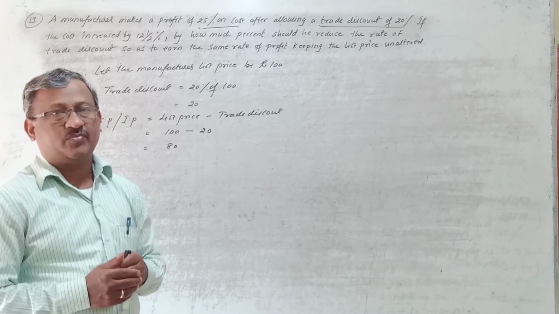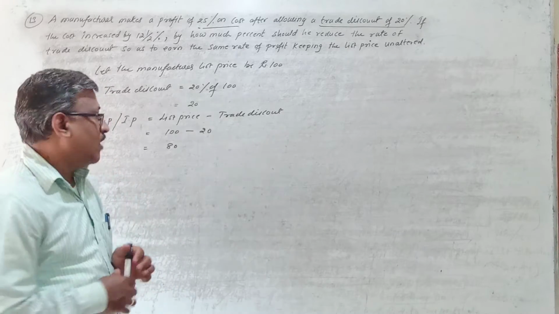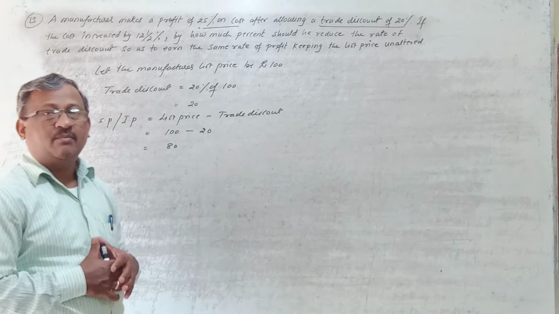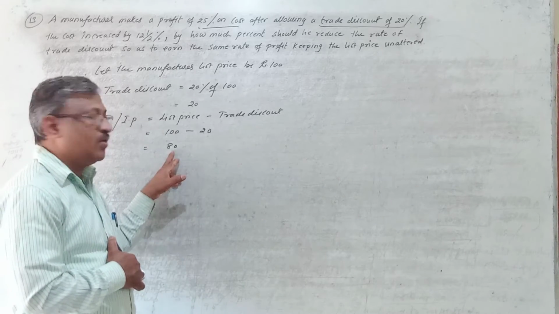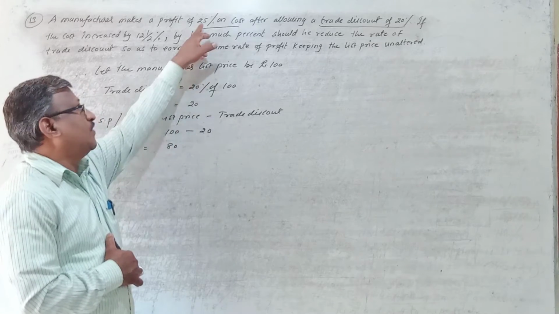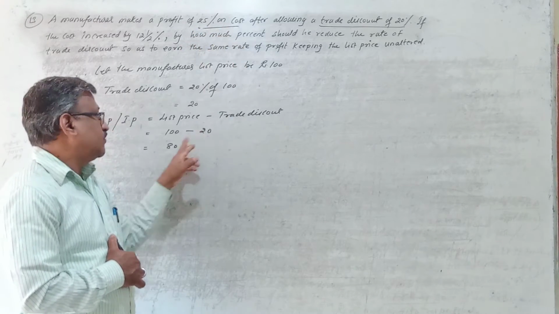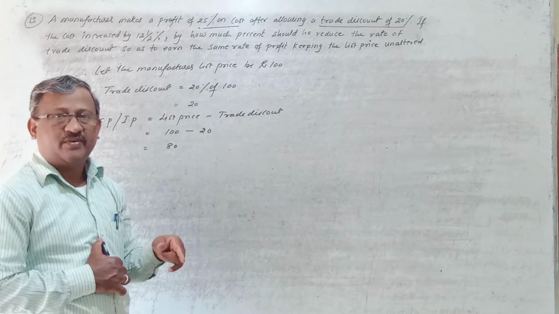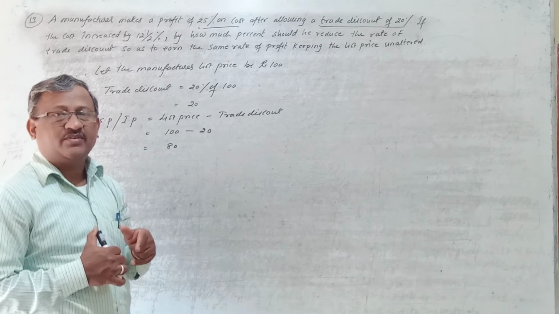This is the question, right? So to calculate that, first of all you must know the manufacturer's cost price. To calculate the manufacturer's cost price, what do you have to do? This is the selling price of the manufacturer, and we know this selling price includes 25% profit on cost. That means from this selling price, if we subtract the profit, we get the cost price of the manufacturer. So that cost of the manufacturer I want.